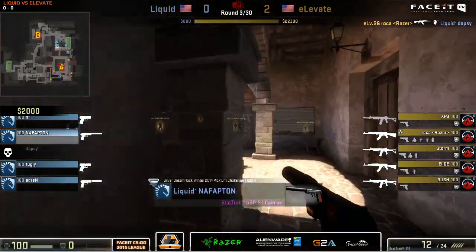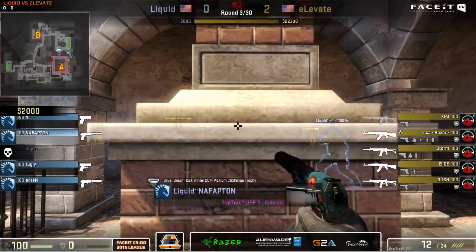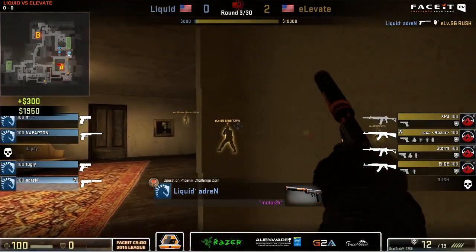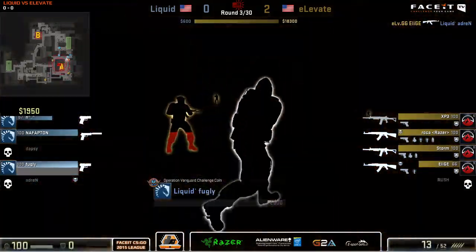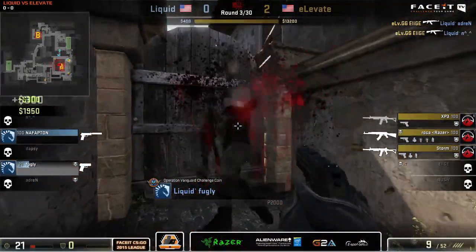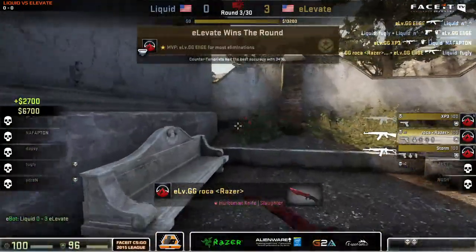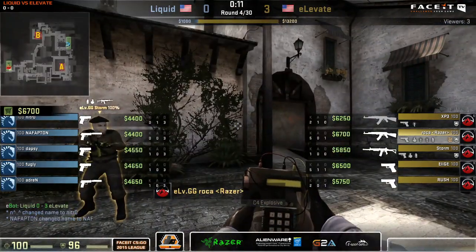Gonna go down there. So Liquid's looking for the exits and damage and potential pickups of some weapons. And then, wow! Adren actually wins that fight. That's amazing. However, it's going to actually prompt Liquid to go for a bit more action here. Fugly picking himself up the AK there only for a moment before getting taken down himself. So 3-0 is the score at the moment,